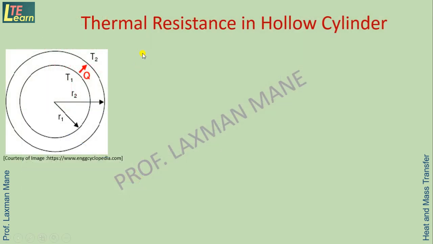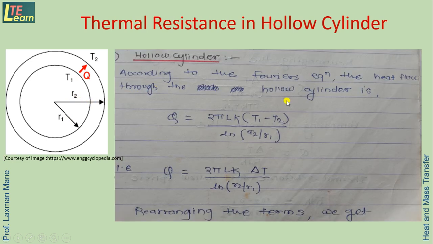Similarly, we can have thermal resistance in a hollow cylinder. Here we see this is a hollow cylinder. Heat transfer is taking place from inside to outside, from temperature T1 to T2. Inner cylinder radius is R1, outer cylinder radius is R2. So according to Fourier's equation, the heat flow through the hollow cylinder is given here as